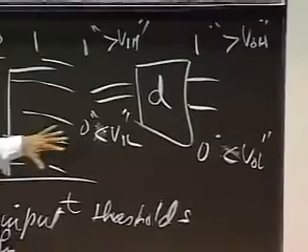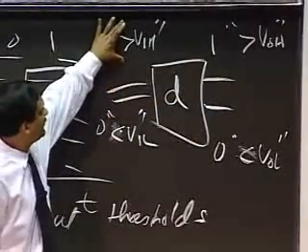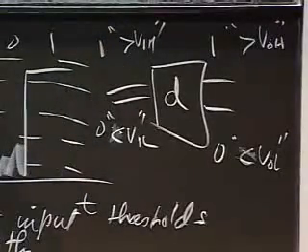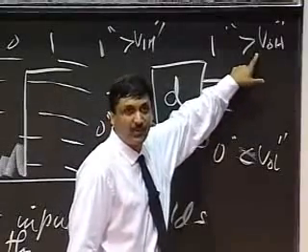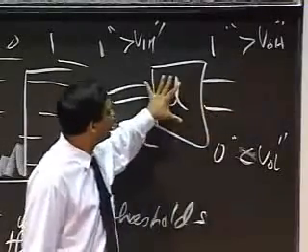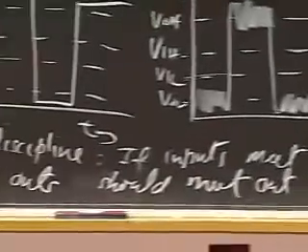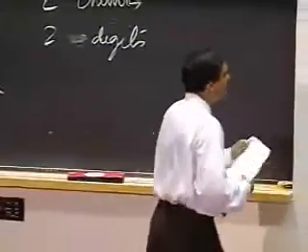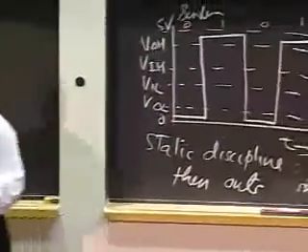So notice that there's a tough requirement in digital systems that for the inputs, I should recognize as a 1 anything higher than a VIH. But if I want to produce a 1, I have to produce a tough 1, like a 4-volt 1. Okay, so there is a discipline that all my digital systems must follow, and that discipline is called a static discipline. So static discipline encodes the 4 thresholds that all digital systems must follow so that they can